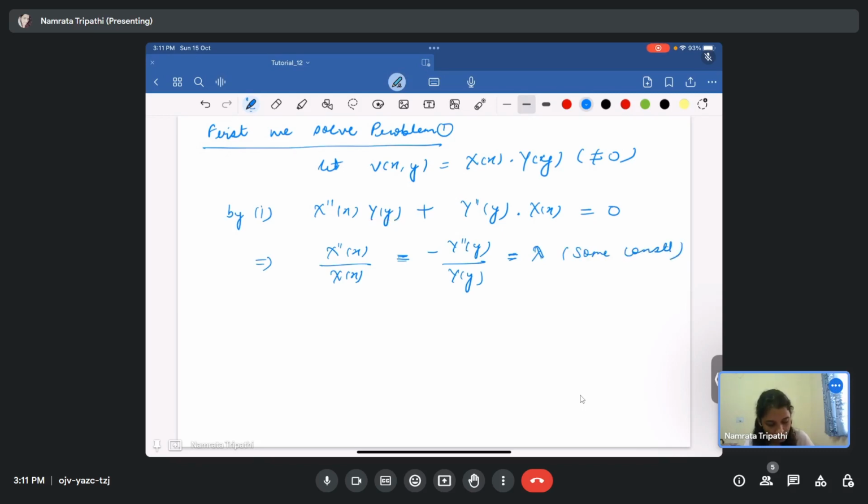Okay, now from here you can proceed with the help of the boundary conditions. You can form the Sturm-Liouville problem by the boundary conditions,